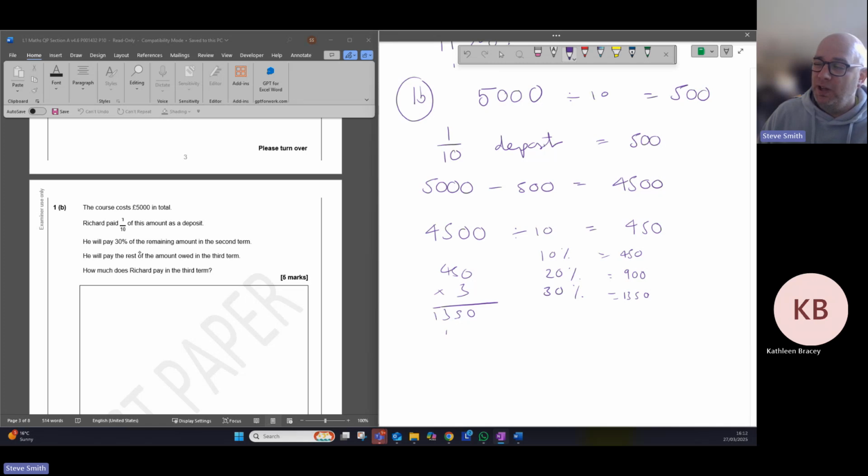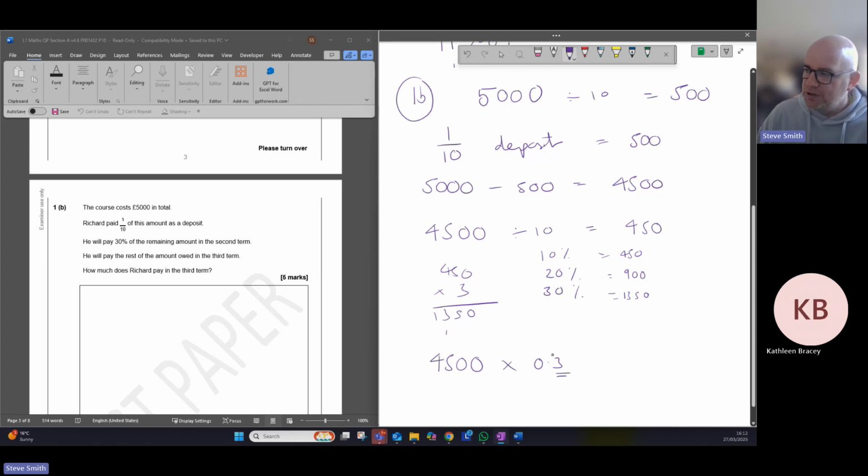If I had a calculator and wanted 30%, I'd put this number in my calculator and times by 0.3, because that is 30%. But I don't have a calculator, so I found out 10% first, which is £450. 30%, we times it by 3. So we now know that of the remaining amount, £4,500, he then paid